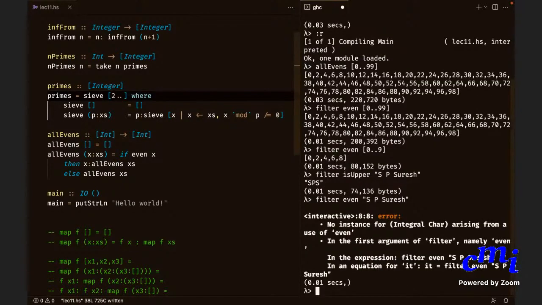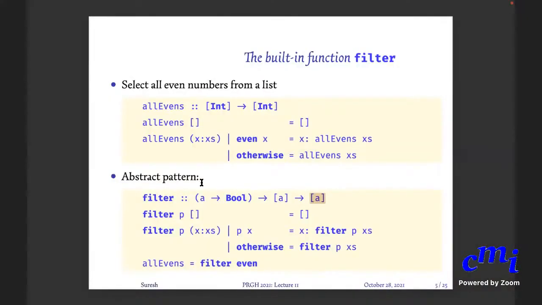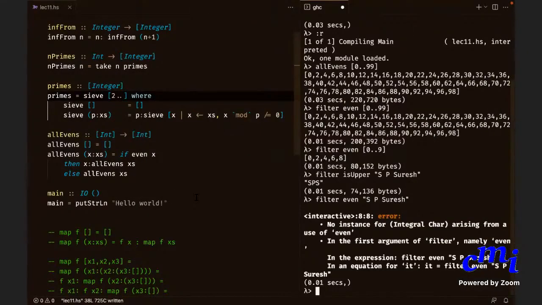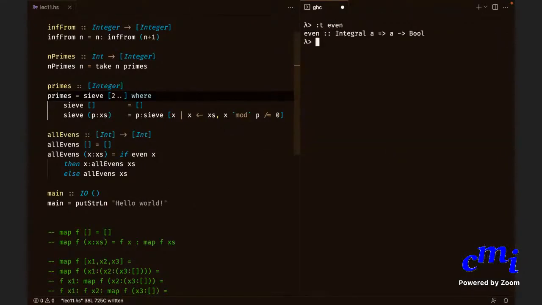It will say error, because remember that p has to be a arrow bool. The type here and the type here have to match. Let us look at the type of even. It is Integral a implies a arrow bool. As long as a is an integral type, it is a arrow bool. What is the type of your string? It is a list of characters.